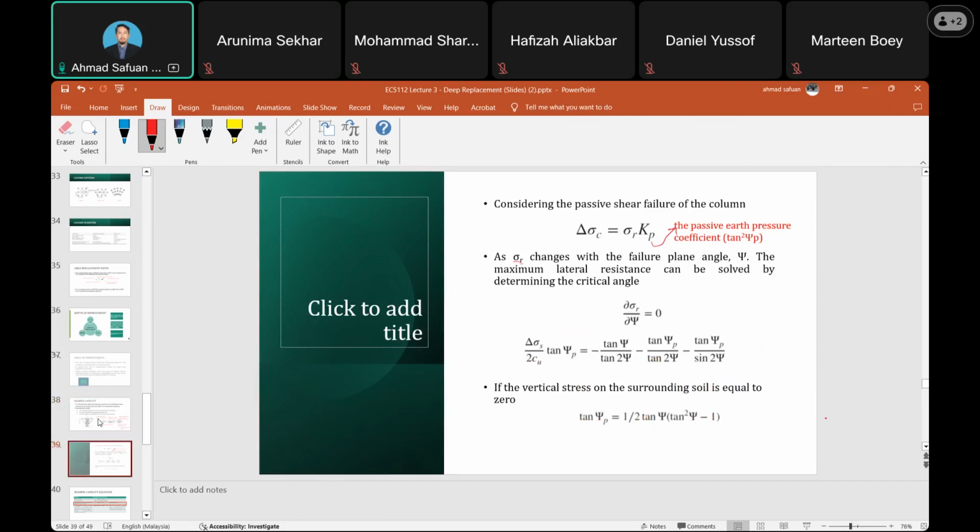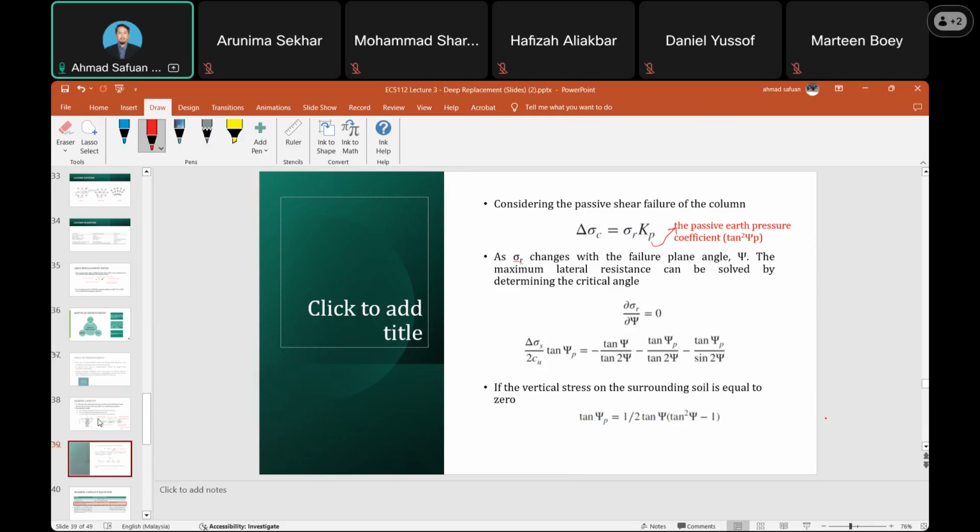As sigma R changes with the failure plane angle, the maximum lateral resistance can be solved by determining the critical angle. If the vertical stress on the surface is equal to 0, then the tangent,